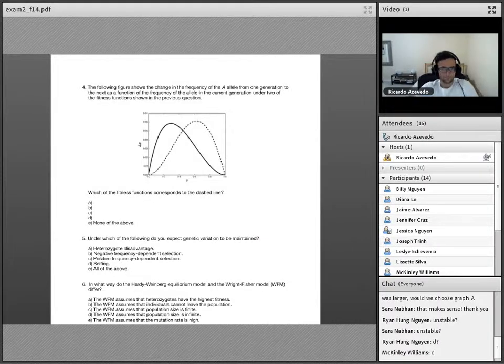Question 4. The following figure shows the change in the frequency of the capital A allele from one generation to the next as a function of the frequency of the allele in the current generation. So it's delta P versus P under 2 of the fitness functions shown in the previous question. Which of the fitness functions corresponds to the dashed line? So in the dashed line,